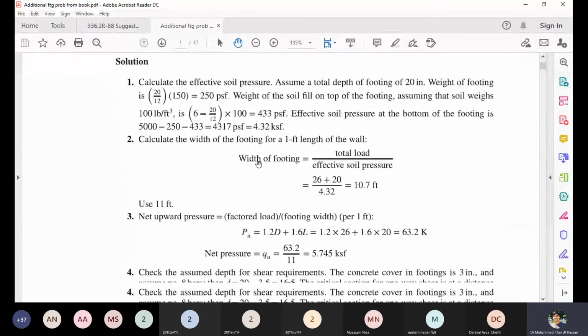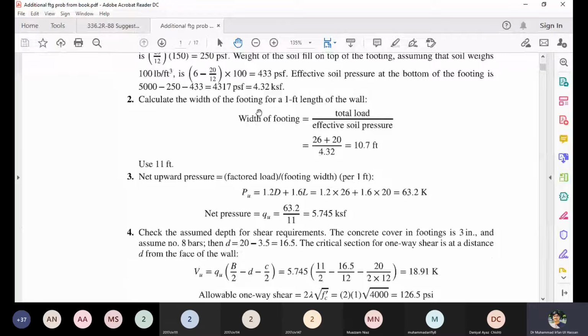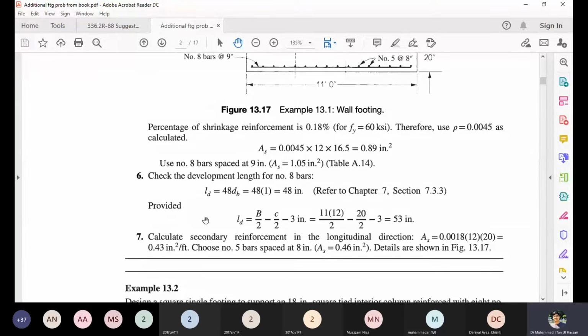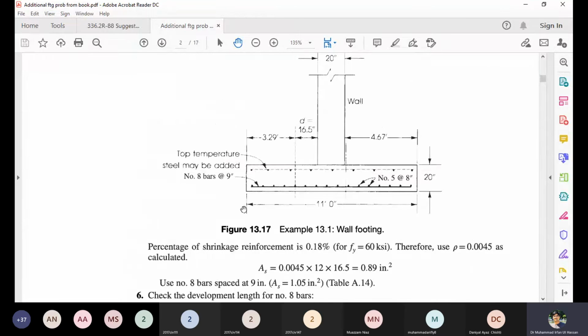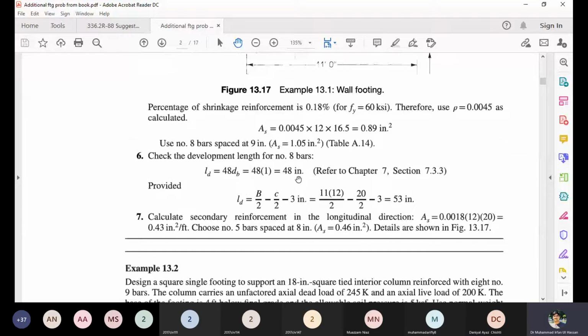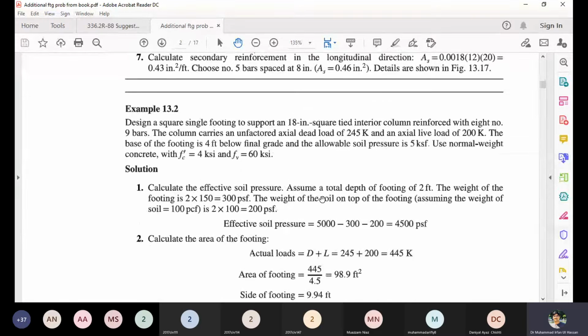This is one isolated footing problem. The first example uses the same procedure, only a few formulas may be different in the FPS system. Then the dowel requirement, the LD requirement. So here you can see the question that you were asking. You can further see what the requirements are, what is needed.